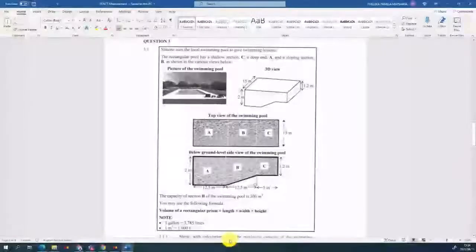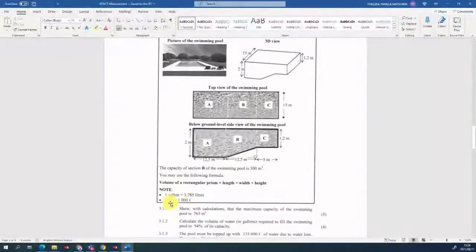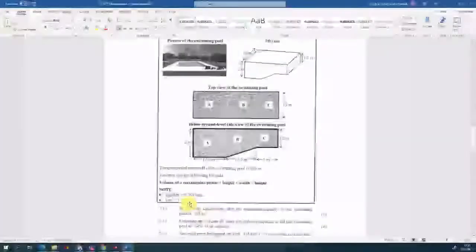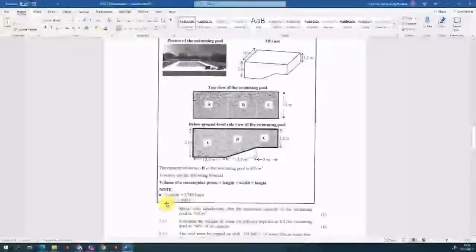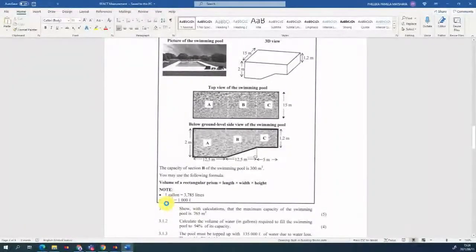Now, if we can break it further up, then they say, right, they give you the volume of a rectangular prism. It's equal to length times width times height. And they give you a few other pieces of information here, that 1 gallon is equal to 3,785 liters, and 1 cubic meter is equal to 1,000 liters. Right? A cubic meter is a meter by a meter. Let me just see if we can